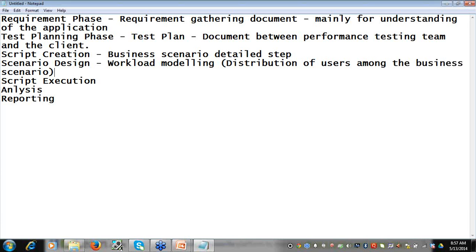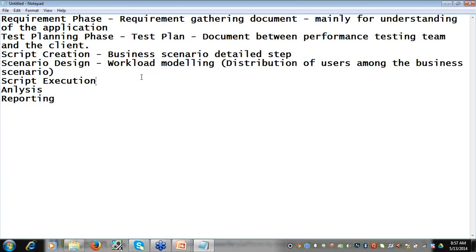This should be known, because as you are aware, there are different types of performance testing that we have already covered in the training. Based on the requirement, we have to design the scenario, and the distribution for each is different.